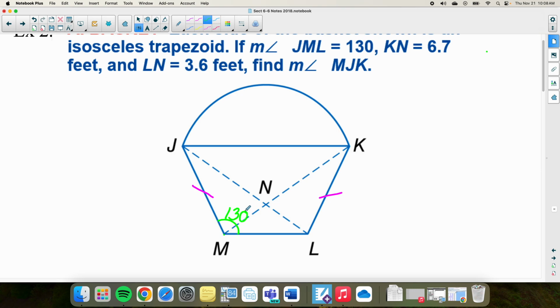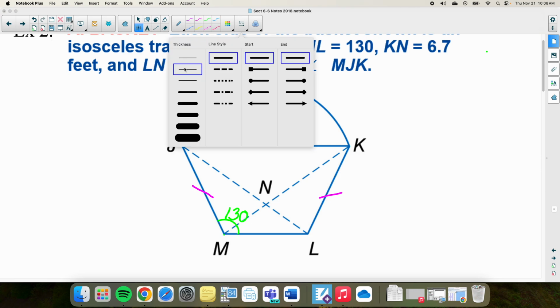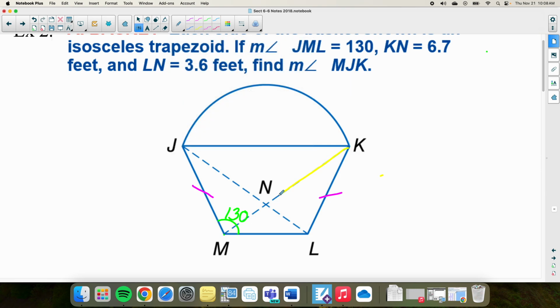And then they say KN, which is this distance right here, is 6.7. And they also tell us that LN, which is this, is 3.6,